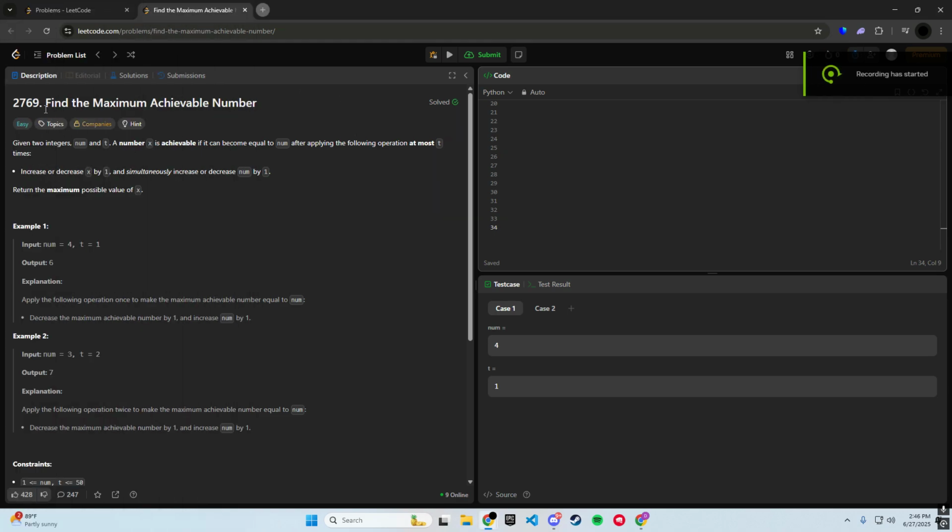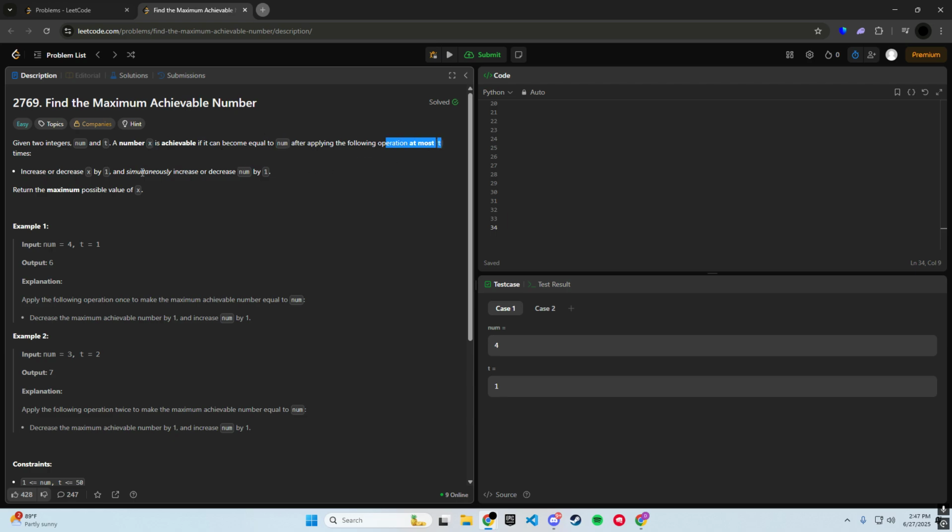So what's going on? Today we're going to be explaining LeetCode problem 2769, Find the Maximum Achievable Number. It basically gives you two integers, num and t, and you're going to have to return x, right? And that number is achievable if it becomes equal to num after applying the following operation at